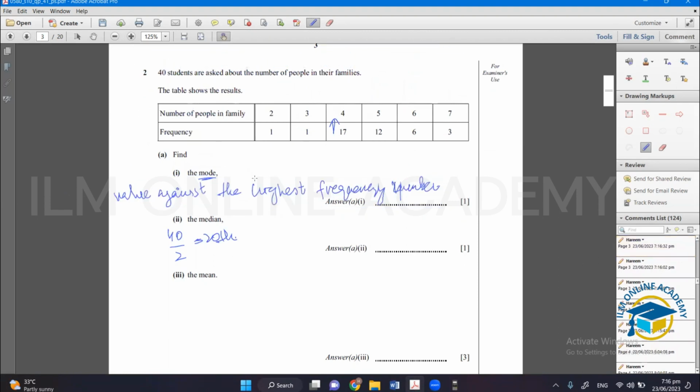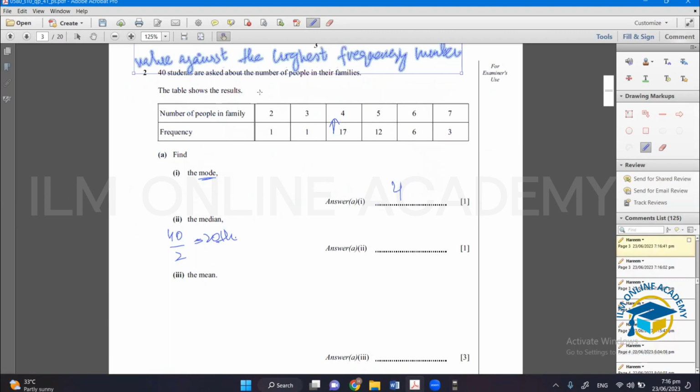Cumulative frequency is: 1 plus 1 is 2, then 17 plus 2 is 19. Then 12 plus 19 would be